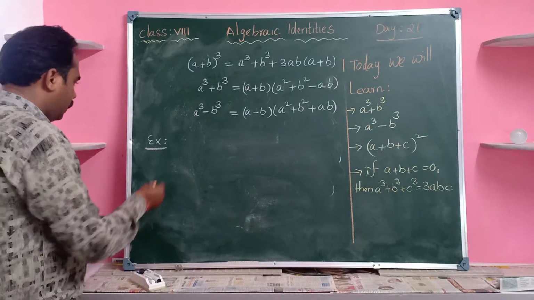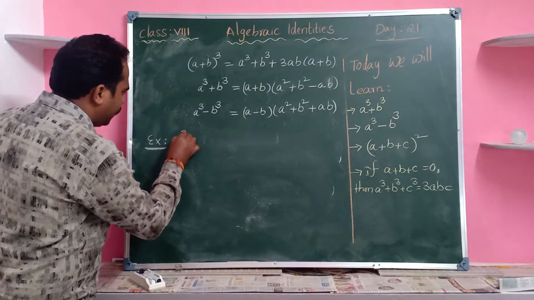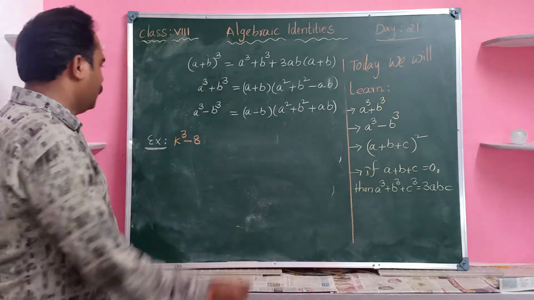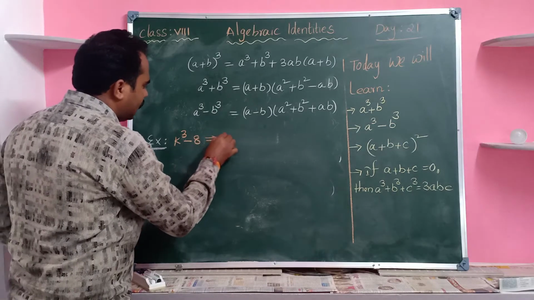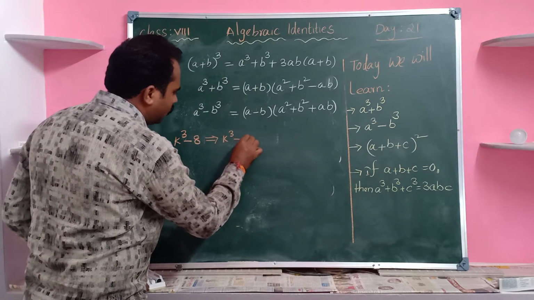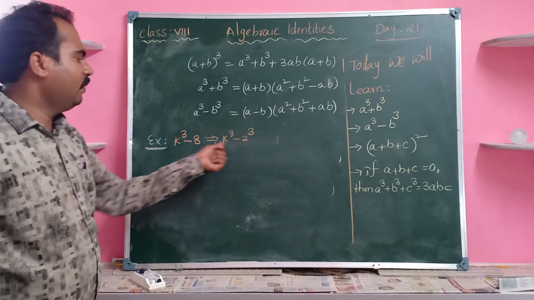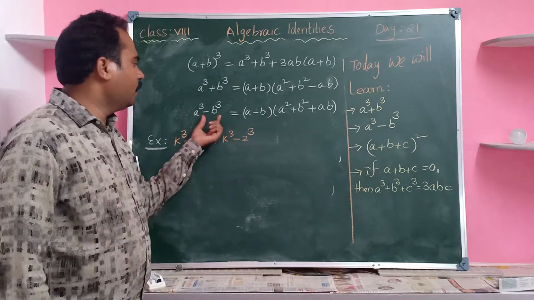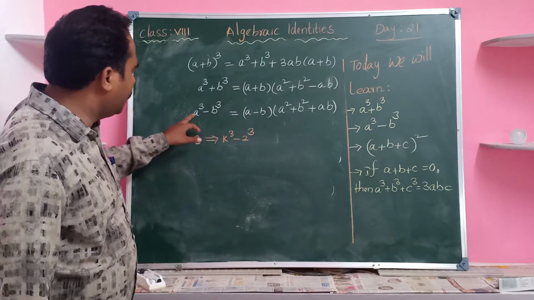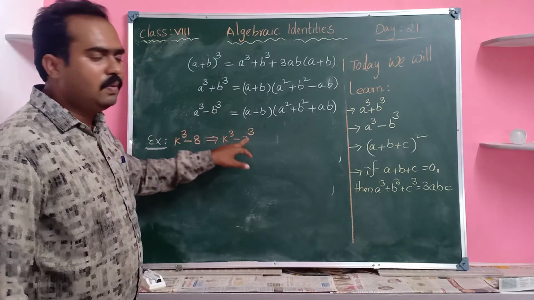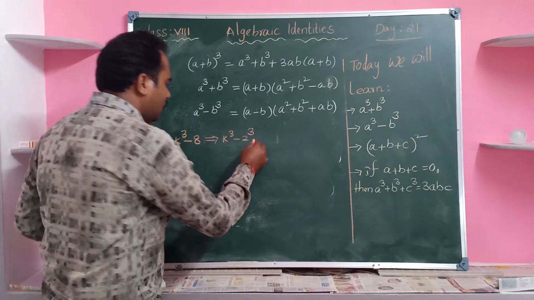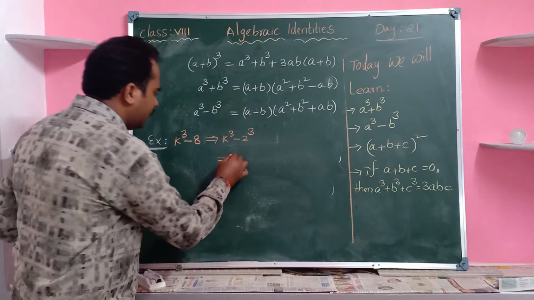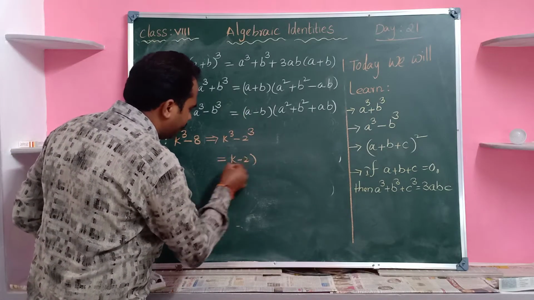Next, k^3 - 8. k^3 - 8 can be written as k^3 - 2^3 because 2^3 value is 8. So again it is in the form of a^3 - b^3. So here a value is k and b value is 2. Same, it is equal to (a-b), that means (k-2) into